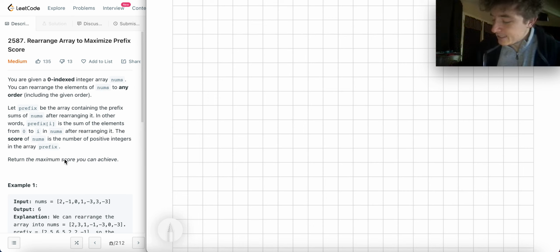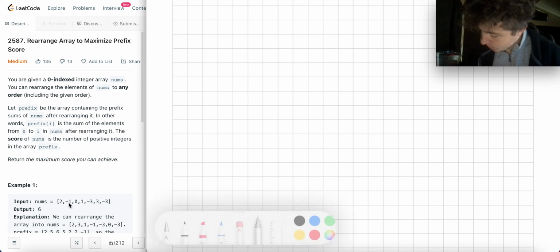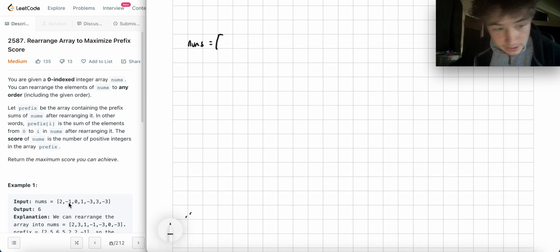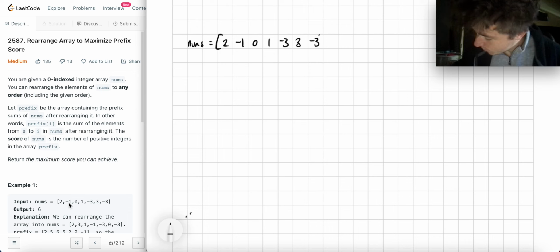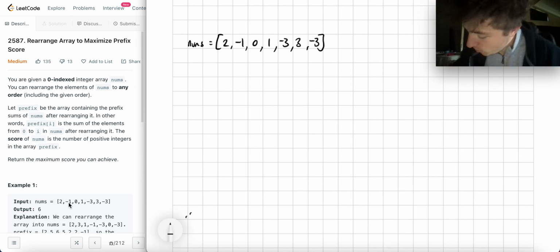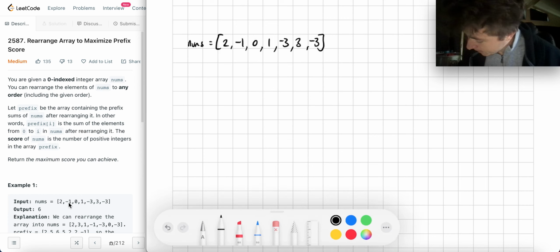So the idea is we take our initial nums that's given, for example, this, right? So we have nums equaling 2, -1, 0, 1, -3, 3, -3. So we're given nums like this. Now, if we were to not change this array at all, what would the prefix sum look like? Well, the prefix sum is just a running sum of the array starting from index 0. So you start by summing up 2,